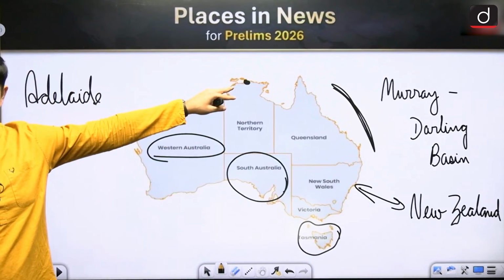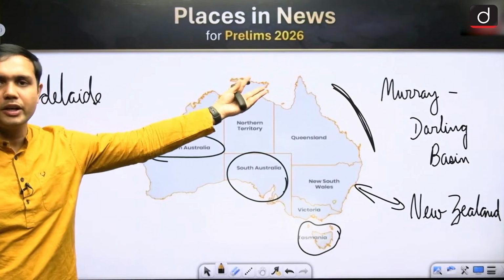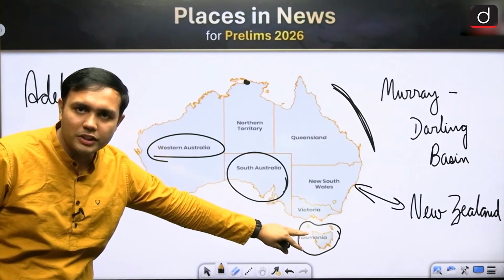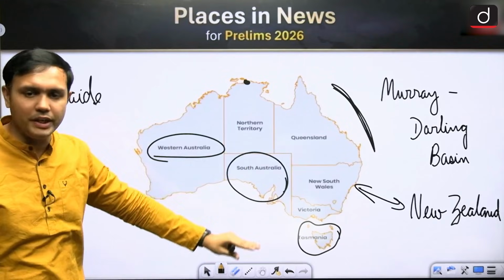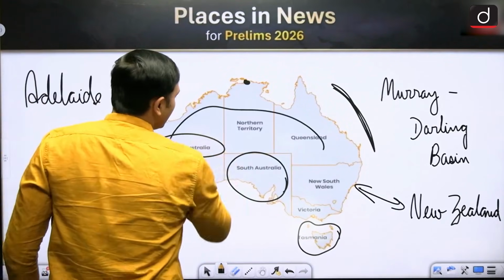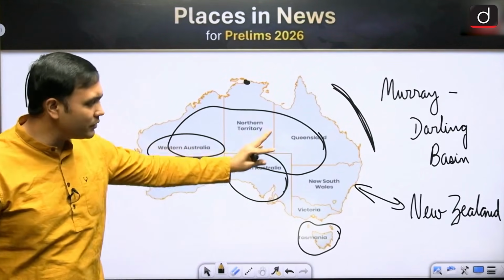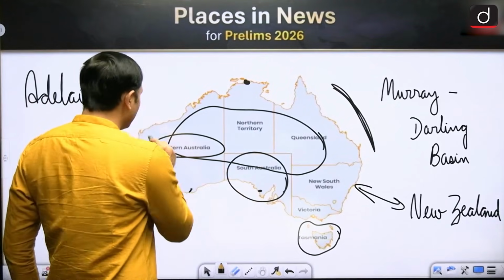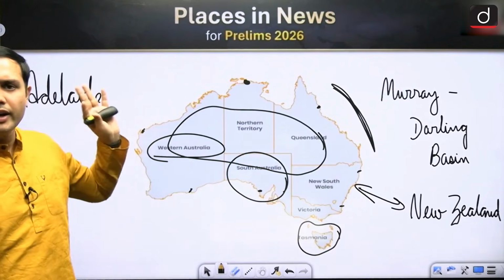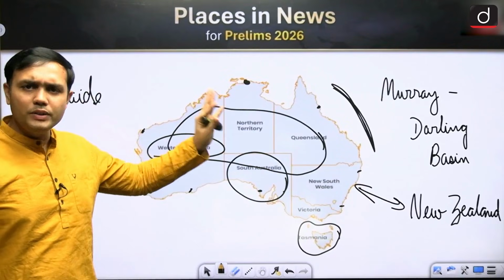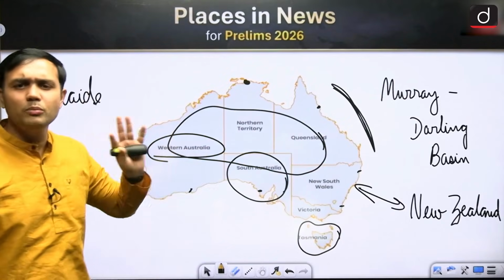In this region also, you can find that it is close to the equator, right? These regions are close to the equator, so it will have a very different climatic condition rather than if you are going to the Tasmanian region or the Southern Australian region, which are much more colder. So climate is also very variable in this particular region. Mostly the interiors of Australia are very dry, right? That is why most of the cities that you will associate are on the edges, right? Melbourne, Sydney, Adelaide, Hobart, all of these are on the edges of the continent, right? And the middle of the continent is almost empty, right?